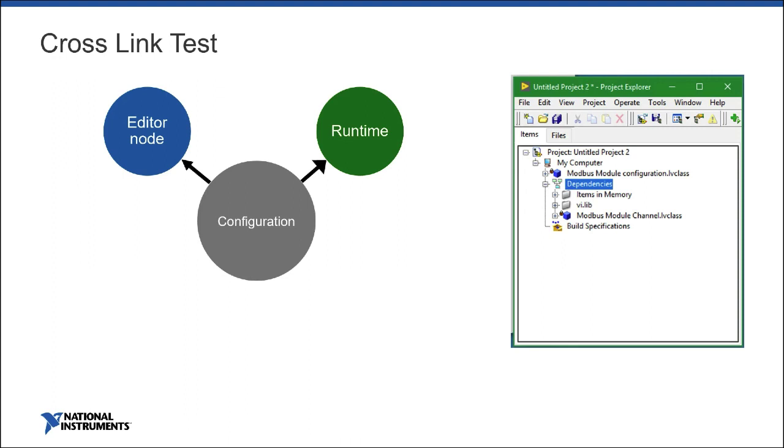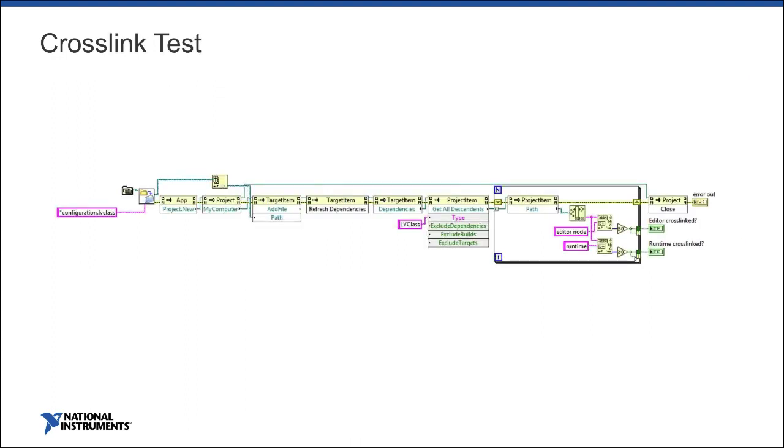Now, to prevent that, what we're doing is a really easy trick. If you want to find out whether something is cross-linked to another library, you can create a new project, add the class into that project, and then search in dependencies to see if the things you don't want are there. So, for example, we created a test that programmatically creates a new LabVIEW project, adds the configuration class, and then checks in dependencies whether we have the other 2 classes. And that's a really simple test, but...